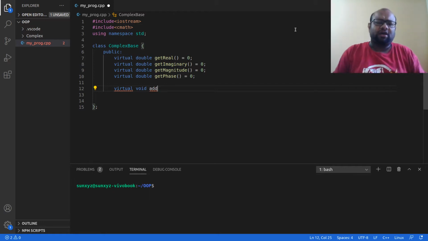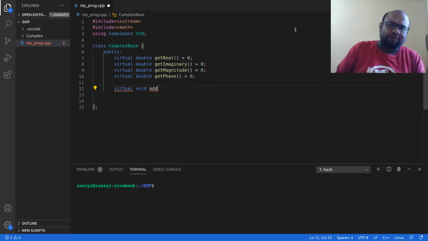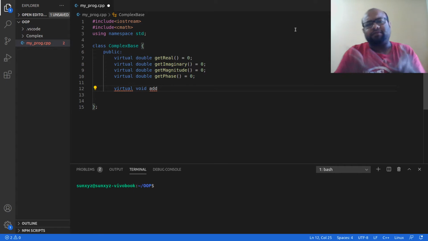But then here is the thing, I want to add two complex numbers. Both of them might be in any representation, any class. Both complex number objects can be an object of any type, whether complex rectangular or complex polar.